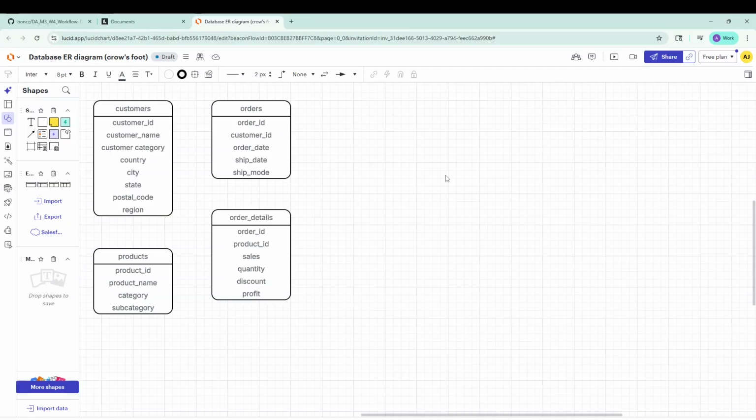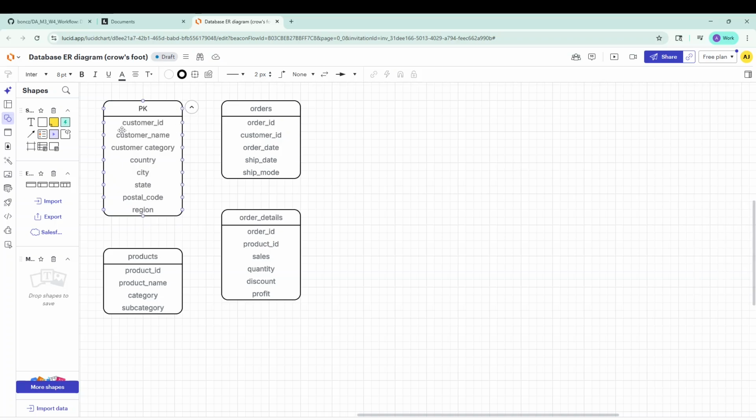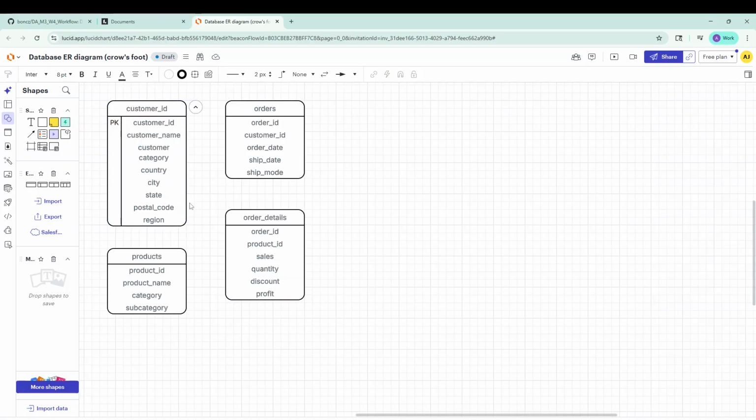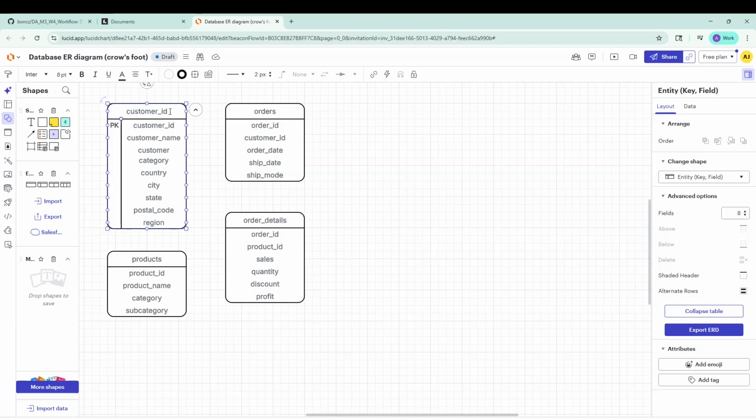Now we want to identify our keys. If we want to be able to look at the keys, one thing we can do is click on this, and then on the change shape over here, we can decide to choose key and field. You can even have key, field, and type if you wanted to put the data type in here. For now, we'll just do key and field, and we can manually change what this says, if we want this just to say PK for primary key. So for customer ID, of course, oh, this should be customers, not customer ID. My mistake there. For the customers table, customer ID is the primary key,